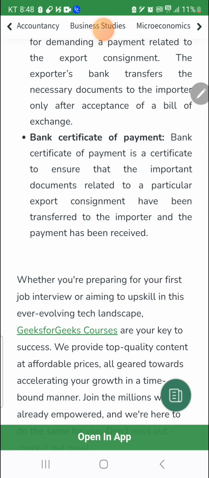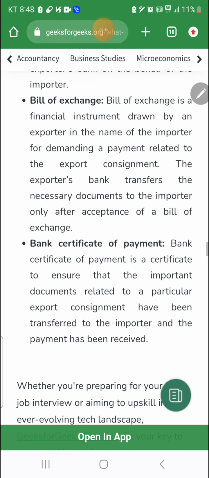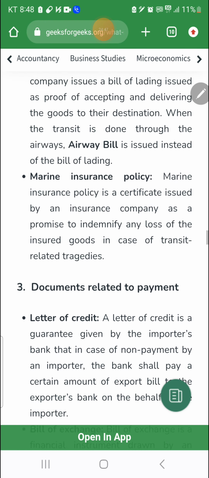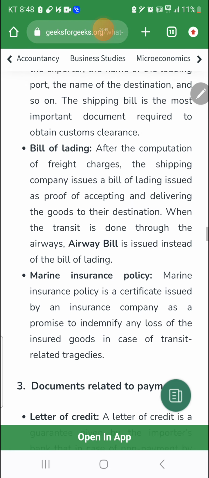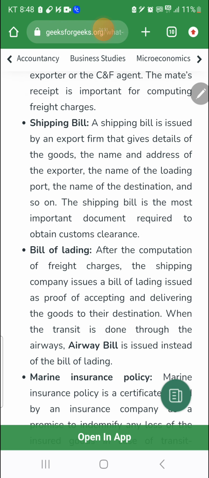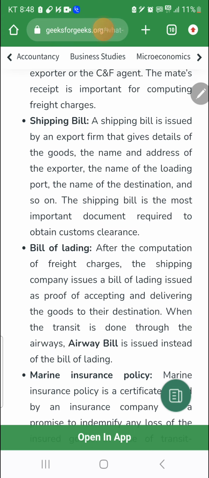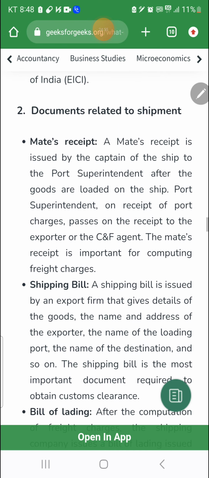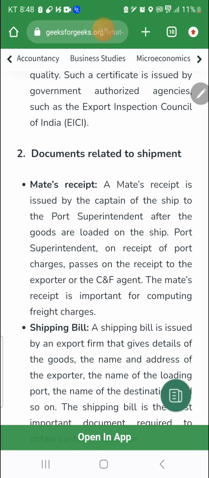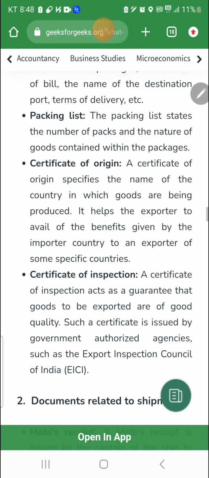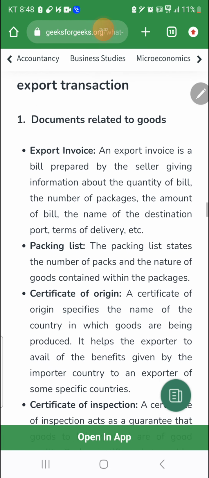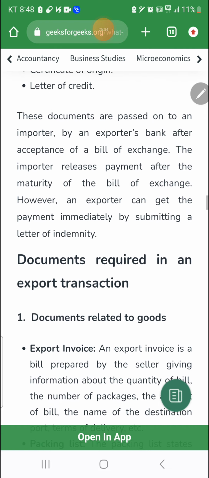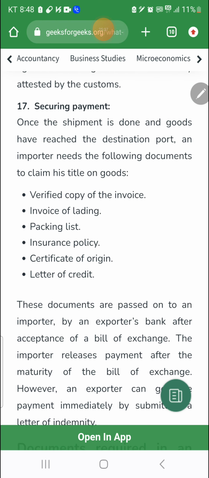So from this article, I learned such expressions as CNF agents, bank certificate of payment, bill of exchange, usance draft from the previous article, bill of lading, airway bill, invoice, shipping bill, mate's receipt, certificate of inspection, certificate of origin, packing list, export invoice, insurance policy,